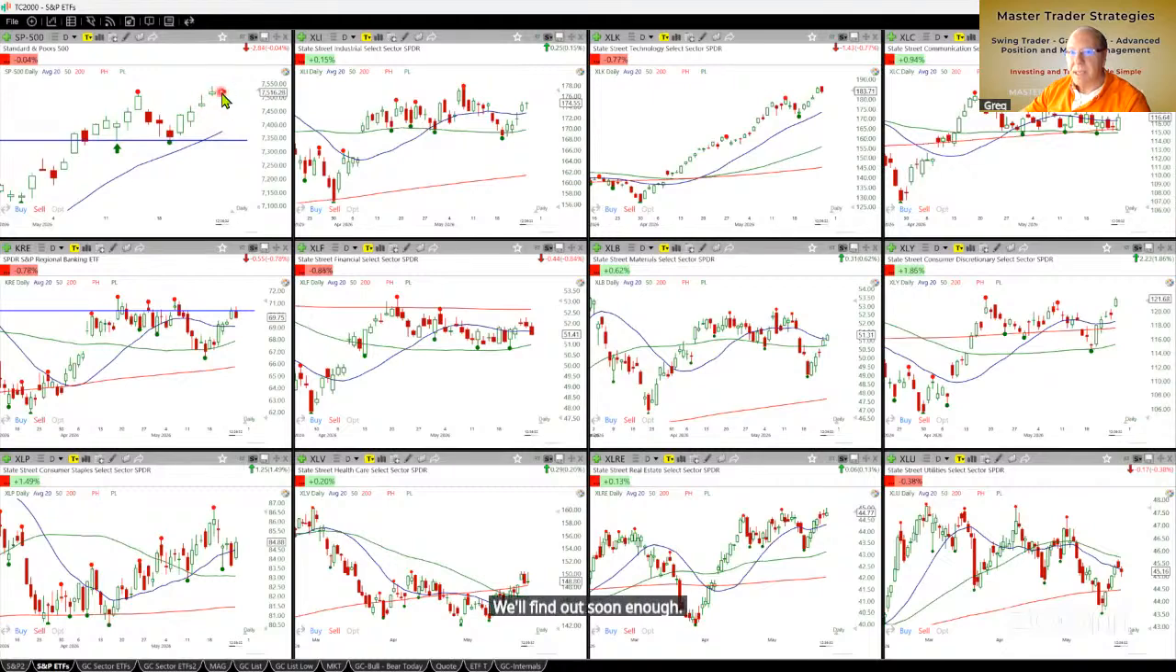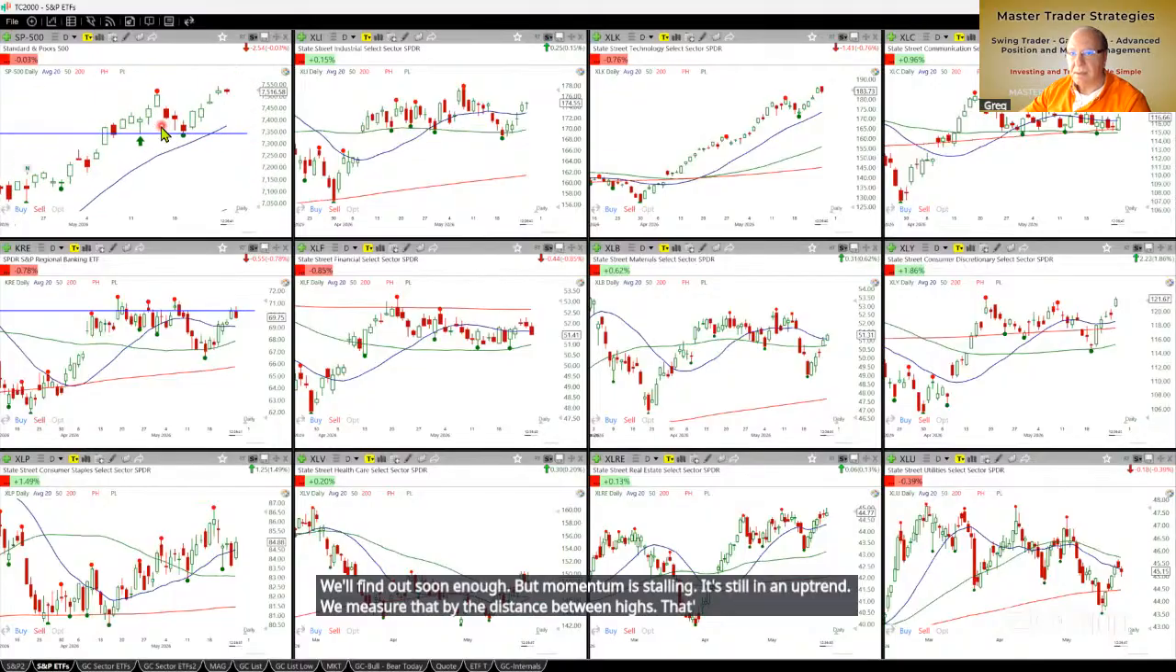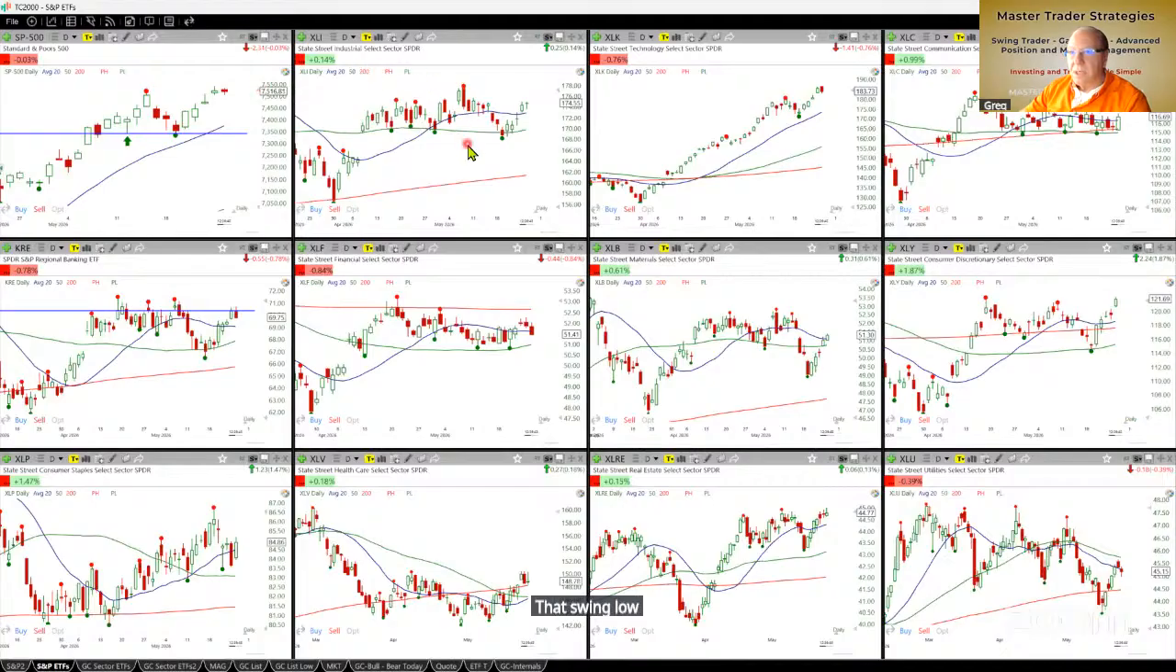We'll find out soon enough. But momentum is stalling. It's still in an uptrend. We measure that by the distance between highs. That's how we read price action. That doesn't mean it's going down. It just means momentum stalled. Major support is down here, that swing low. So now as we go across these and look at where money is flowing into or out of,